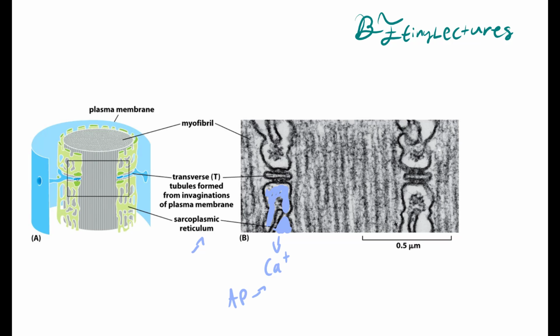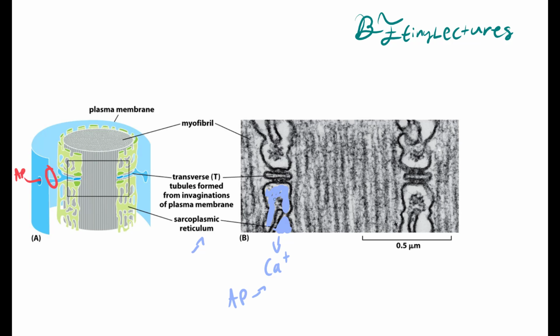And these little loops right here, these are called transverse tubules. And these transverse tubules allow the action potential from other cells to enter the cell, right? So the action potential, let's say from the brain, is going to be propagated along these transverse tubules, and they go into the myofibril, and from the myofibril, the action potential can activate the sarcoplasmic reticulum, and